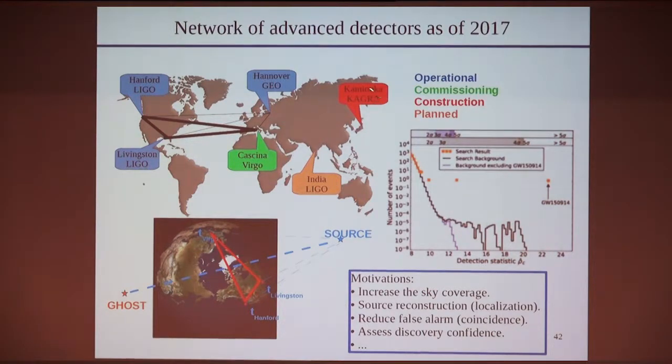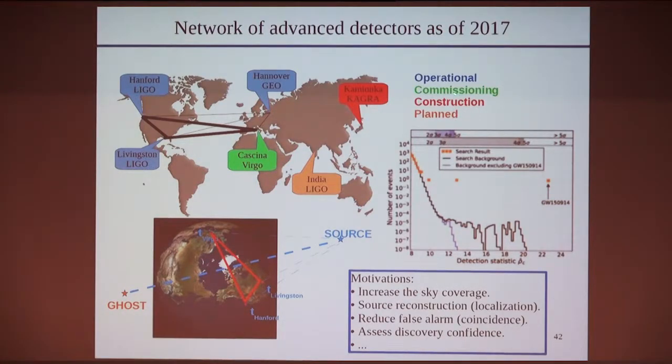And in construction, you have a Japanese detector called KAGRA in Japan. It's still under construction, should be in commissioning next year and operational in 2020, with a similar sensitivity to LIGO and Virgo. And there's another interferometer that has at least been funded, which is not yet under construction. It's actually a LIGO detector, but installed in India. And we have this network of detectors to be able to determine where the source is.